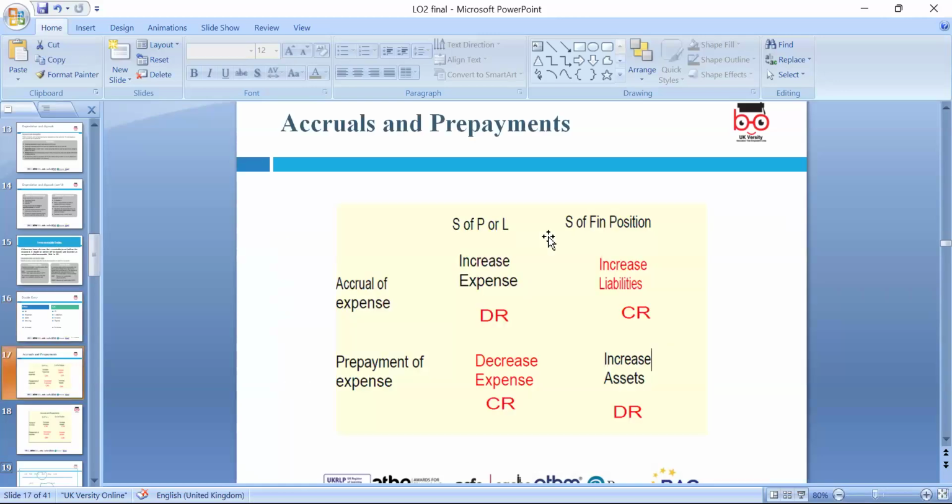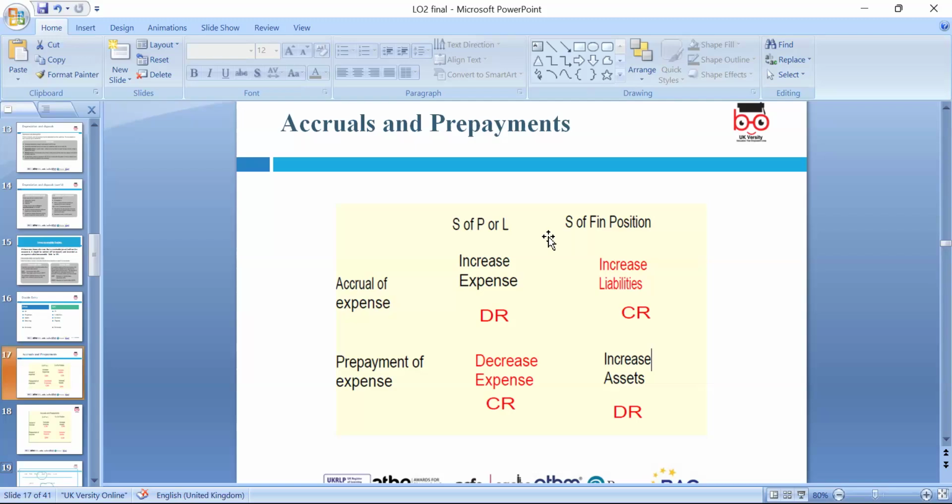Okay, please. Then we have accrual and prepayment according to the indicative content, because we do all this on the accrual basis concept. It means every year's income and expense related to that year should be included. We do not base our accounting on cash accounting. We do accrual basis. It doesn't matter whether you make the payment or not; if the bill is related to that period, it should be included in the expense. If the sale happens, even though you have not received the money yet, the sale should be recorded as sales, as an income in the book of account.